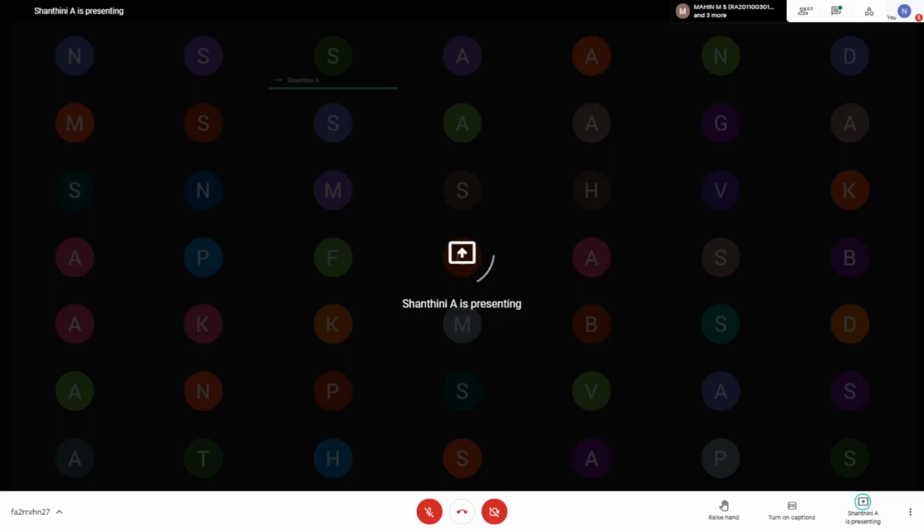In C language you have this. The option can be either an integer or a character, whatever you give. If the option is equal to 1, then perform addition, like that you can give it, right? If you come to the syntax, you will be very clear. When switch is executed, the value of that expression will be compared against the input that you have received, and it goes and executes that block of code.